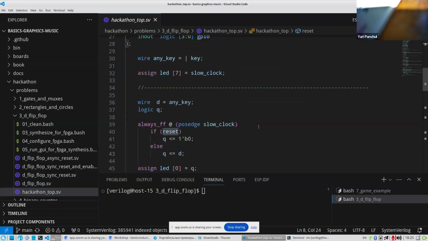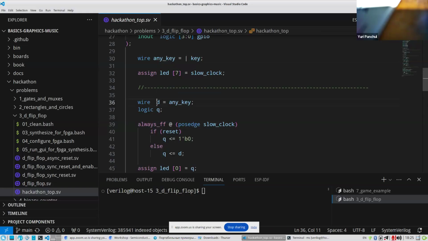Now we create a wire called any key, which uses unary OR operation to get a signal from any pressed keys. So basically any key pressed becomes 1.